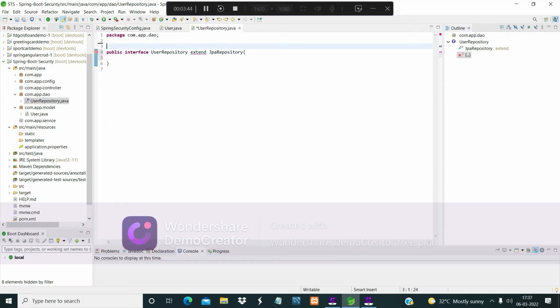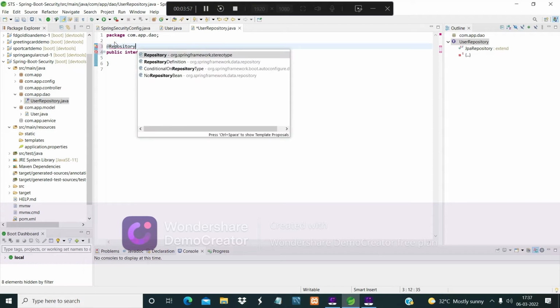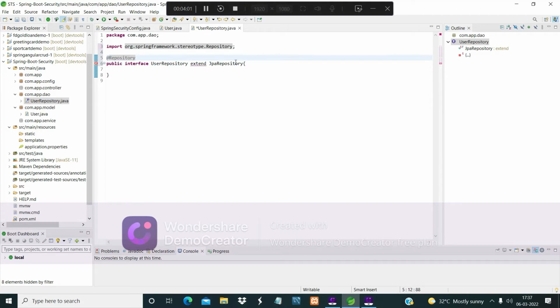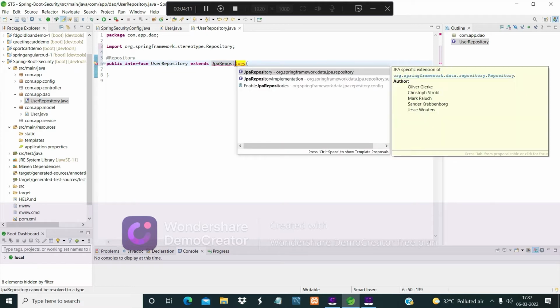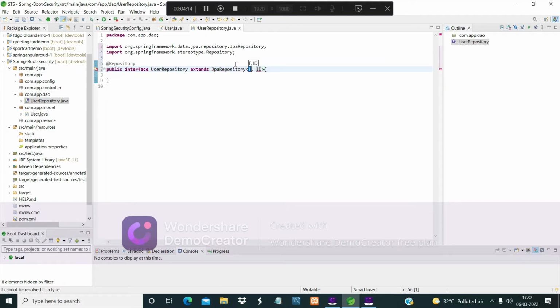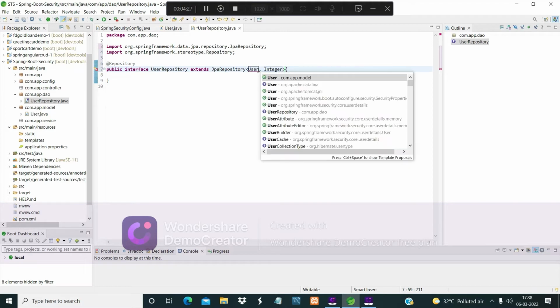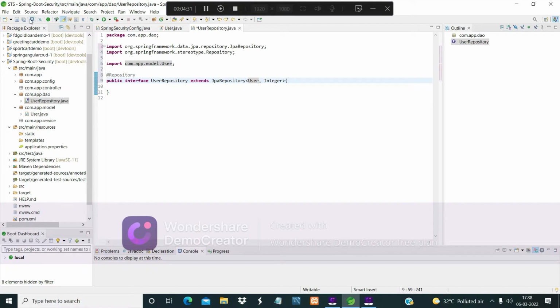We will annotate it as @Repository. It will extend User, and the primary key type will be Integer. So your repository is ready.